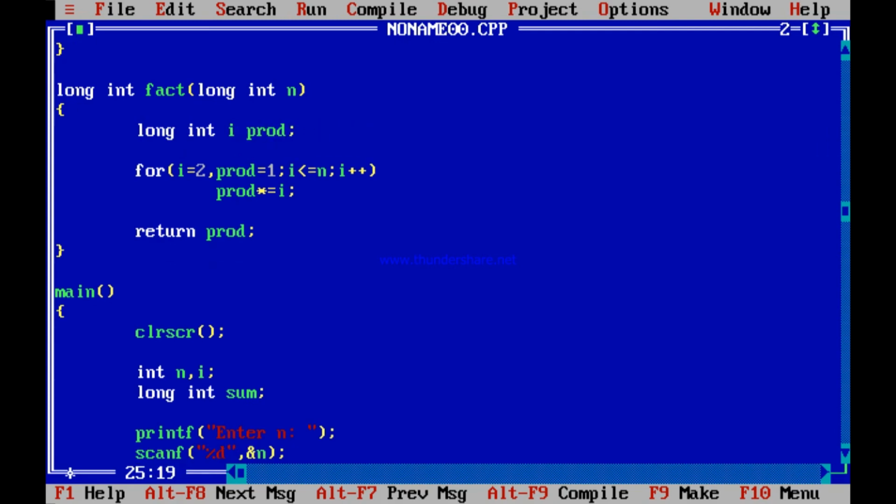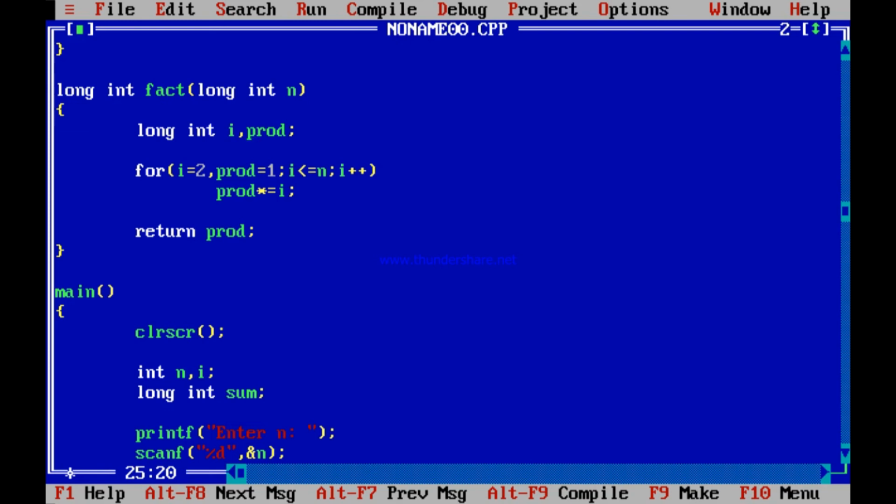You may ask me a question, what if it also exceeds the capacity of long int? That can always happen. See, everything has got a final capacity. So the capacity of long int may also exceed at some point of time. After that, computer will not work. Today's computers are capable with more power, so you can put in more bits and bigger numbers. But there is an ultimate capacity of everything. So long int has also got a final capacity. After that, it will not work. But at least